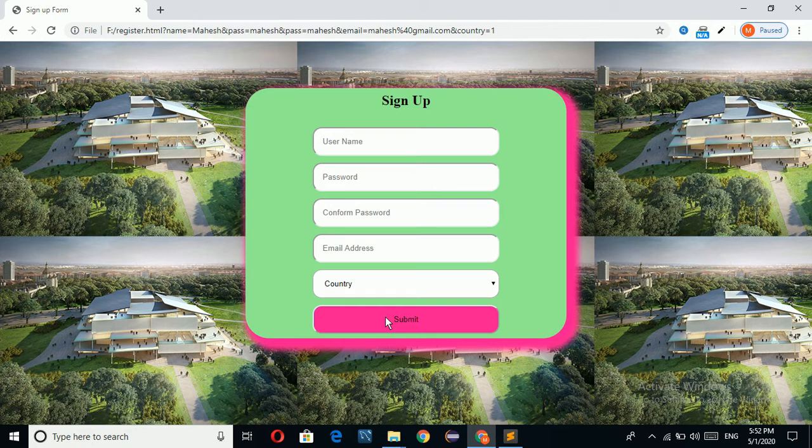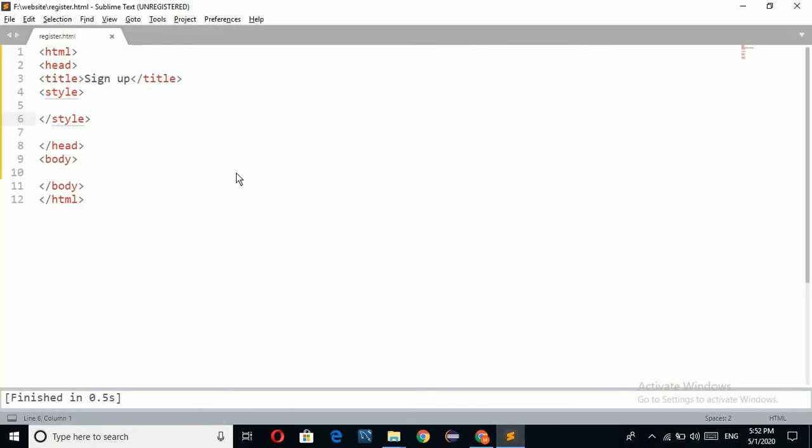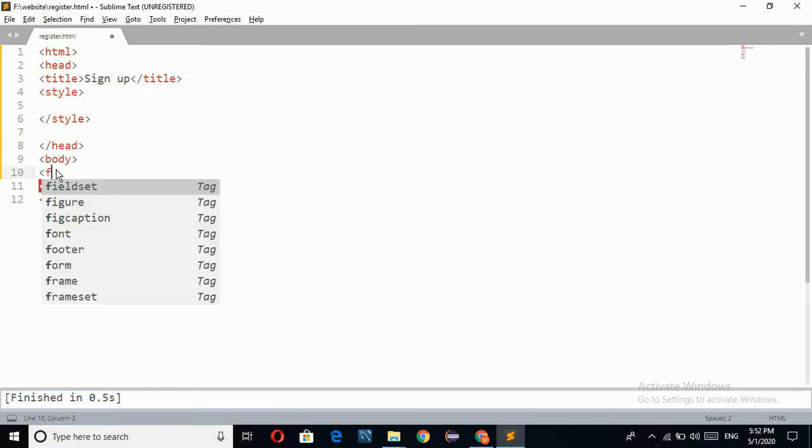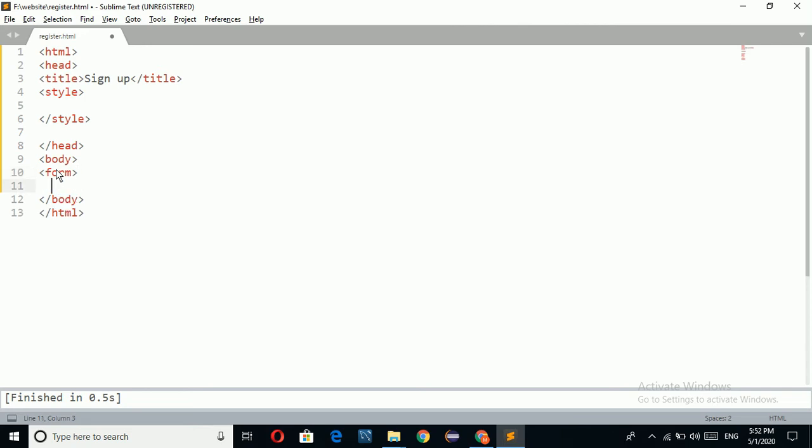So form is submitting. Now I am going to show you how to design exactly the same sign up form. Just go to the Sublime Text. Here this is the HTML skeleton. In this body section I am going to write the code. In this form I am going to create the table structure.